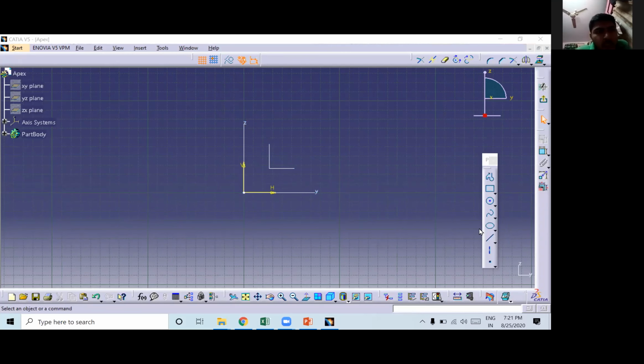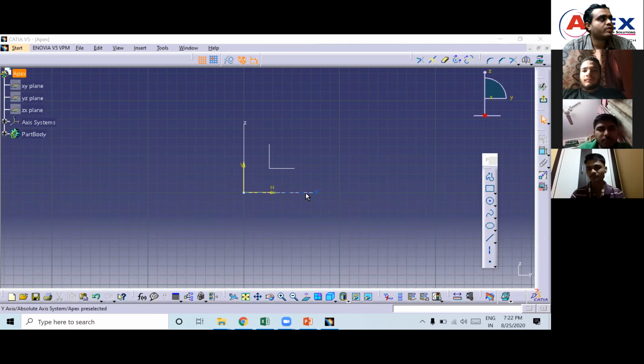Now, see, once you enter the Sketcher workbench, you have this working area. This is the working area. I will explain the mouse operations one by one. This is very important. First, left click. You just wait for a while.